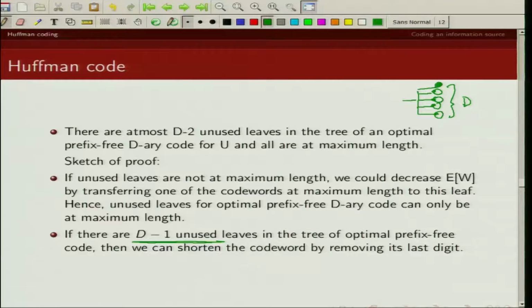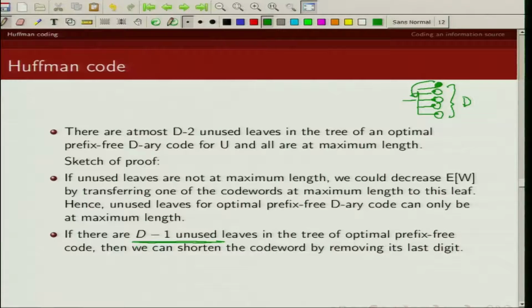If such a situation happens, we can always move this leaf to this node without increasing our average code word length. Hence, we cannot have D minus 1 unused leaves.